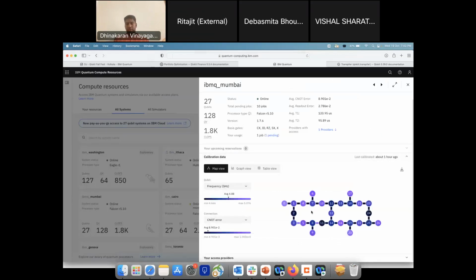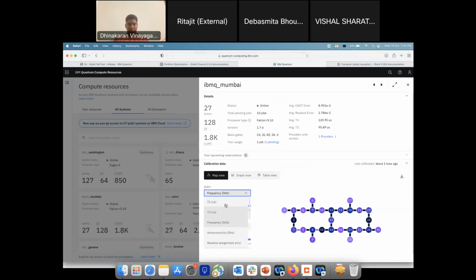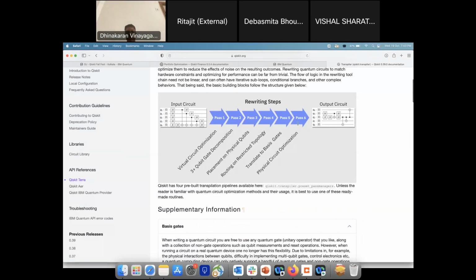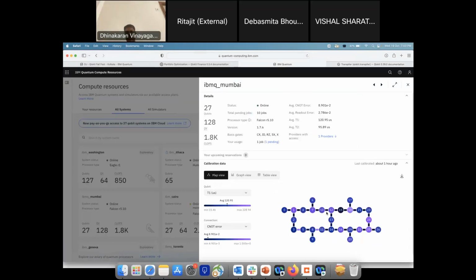One intuitive thing I can say is, the color here sort of represents the extent of noise that's there, or the frequency, right? So this sort of says how stable a particular qubit is. The more violet it gets, the better it is. So I think it is very useful to have a compiler that is aware of the imperfections in the hardware, and especially if you want to do a single qubit gate, each qubit also has the gate errors that it has,